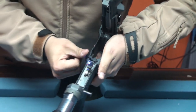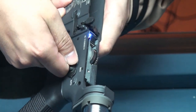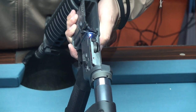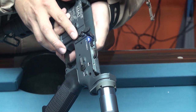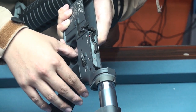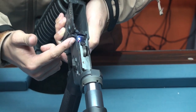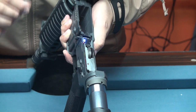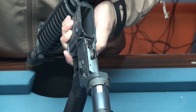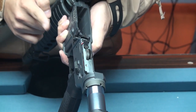You can see there's a light inside the gearbox. Once I switch to full auto mode, it will be able to select from full auto mode to the 3 rounds burst. The procedure is to first press the bolt stop button. The light's off. Then pull the trigger for 3 seconds. Now it's lit, and it's a continuous light, so that means full auto. But once I pull the trigger again, it starts blinking, and that means it's 3 rounds burst. And when I press the bolt lock again,